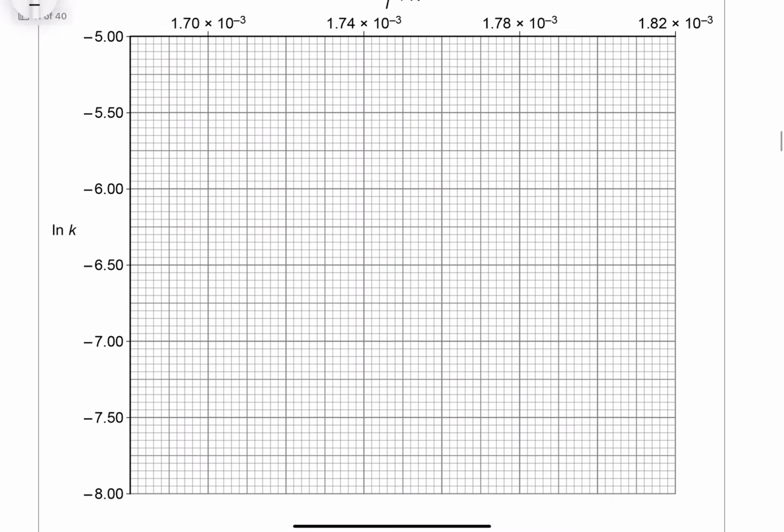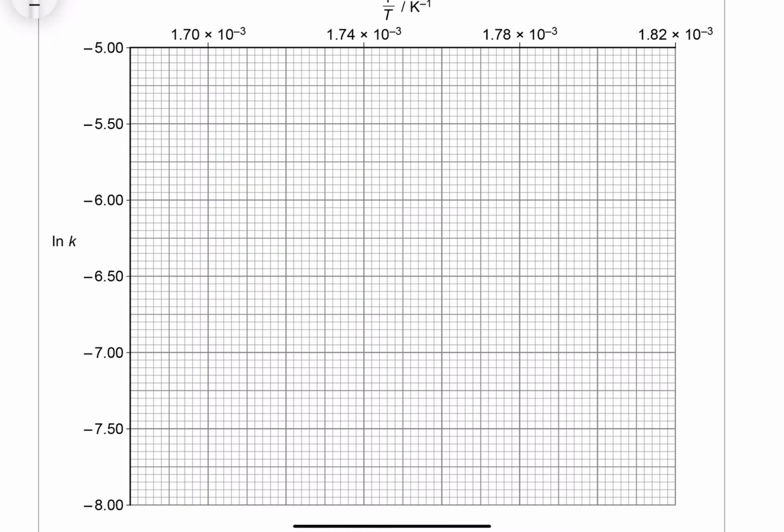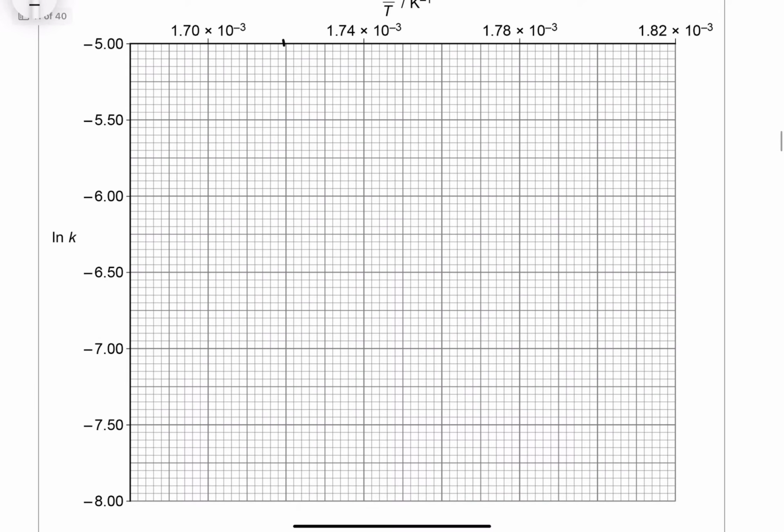So looking at the table of values that we had, our first value is at 1 over T of 1.81. So looking at this graph, we have to work out this scale. So 1.70, then this number must be 1.72, which makes this 1.68, times 10 to the minus 3, obviously, 1.76, 1.80. We need 1.81, which will be this line in between, and we want to go down to minus